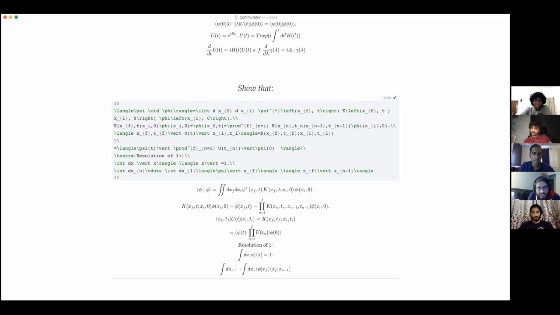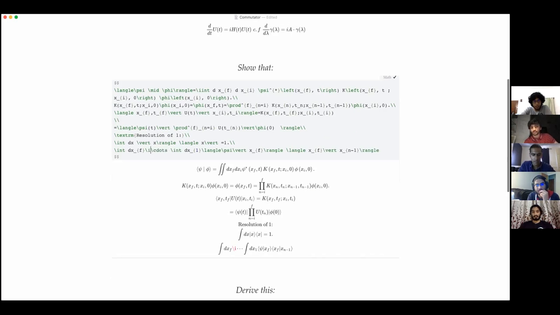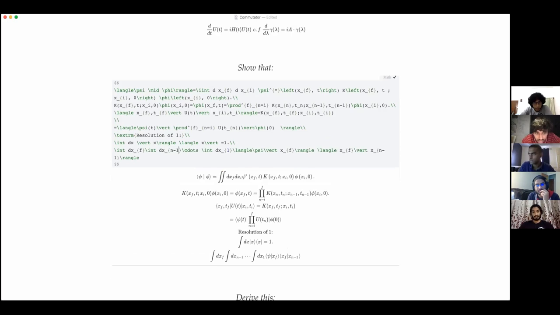Then won't the first integral be dx_(n-1), right? The last one. Yeah, you're right, it should be n minus 1. Oh, and there'll be one dx_f too. Yeah, so really let's call this dx_f, dx_(n-1), just so that we're clear of the notation switch. So in between here, there was a u, right? Which became a k. So we'll put all the k's to the right. So basically we have a string of these